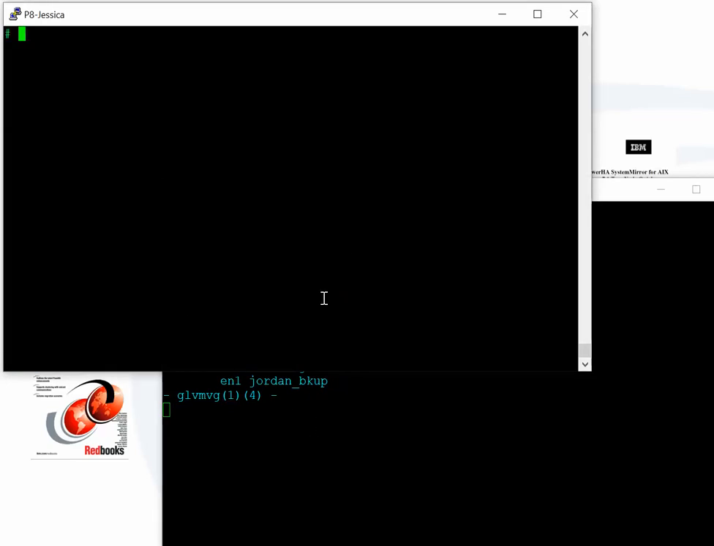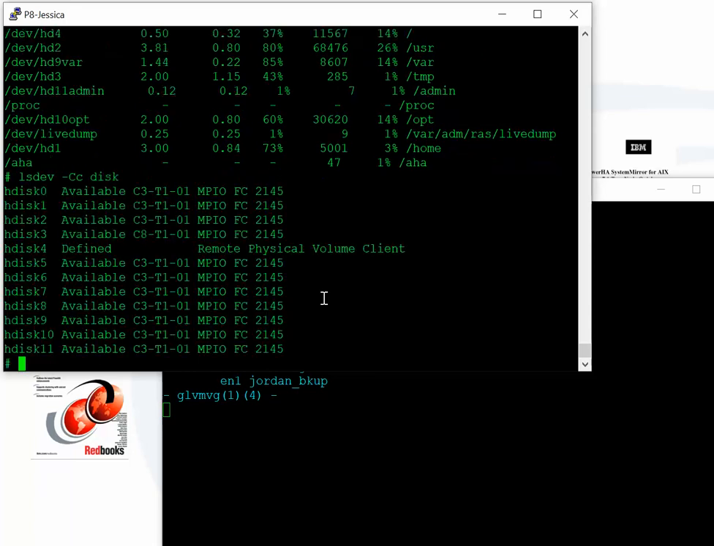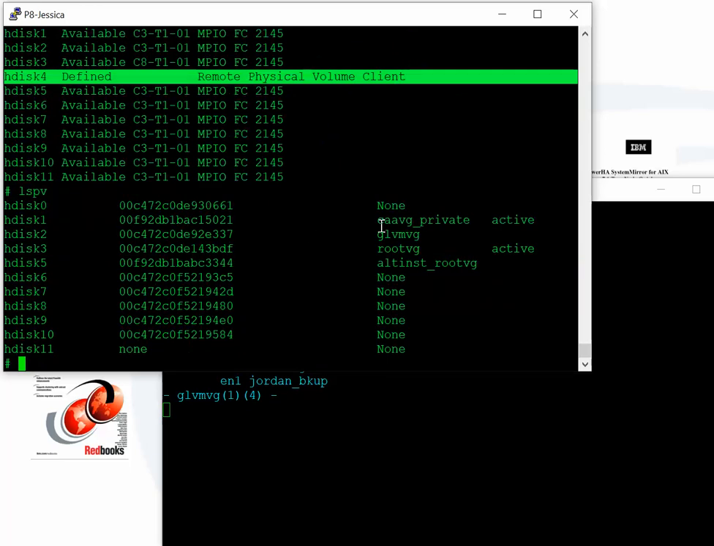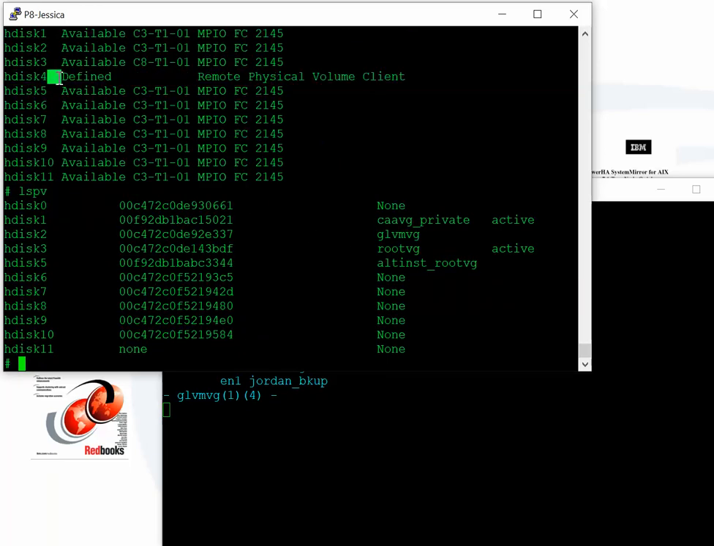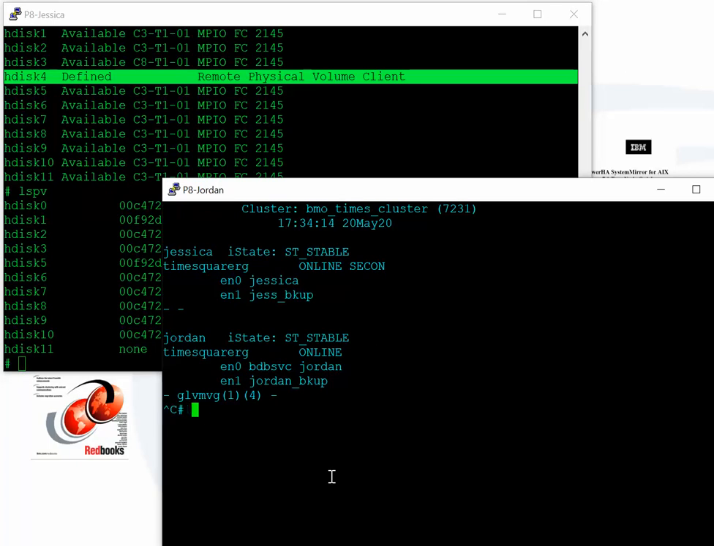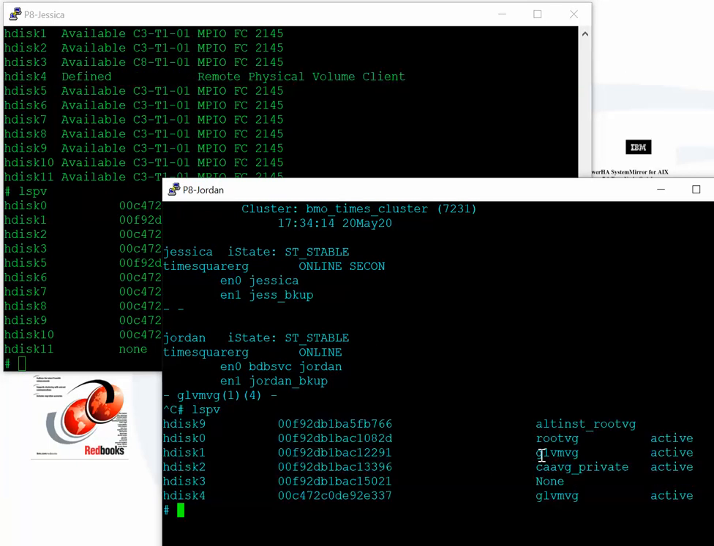So what I'm going to do here is, again, show that the BMOFS file system is not there, and my other GLVM disk shows defined, not available. So if I look back over here, it tells me that, again, previously it showed me both disks were active, but they really weren't. So if I check the volume group status again now,